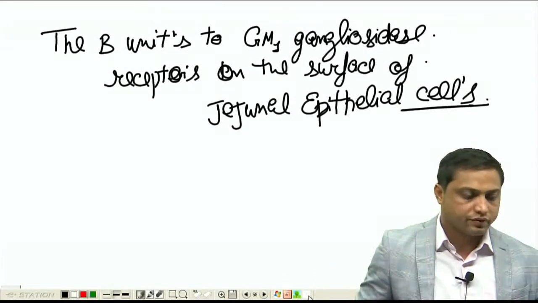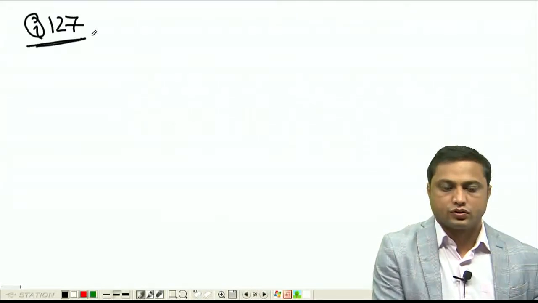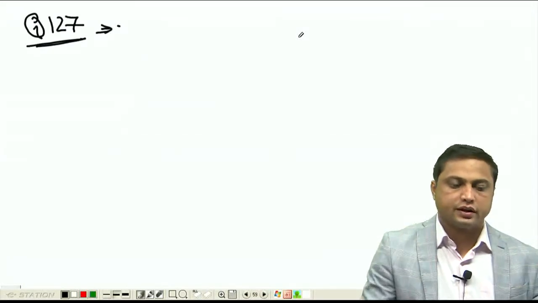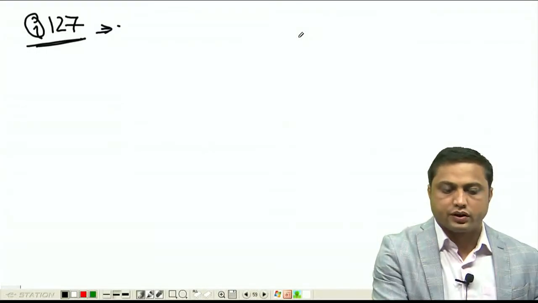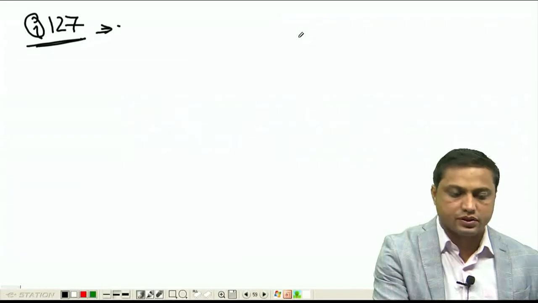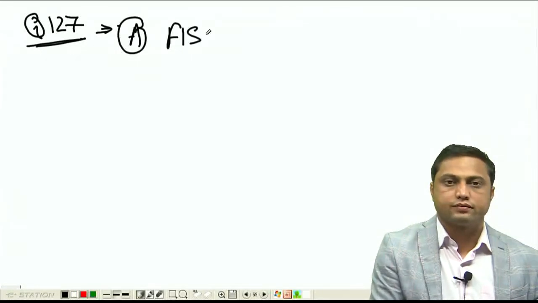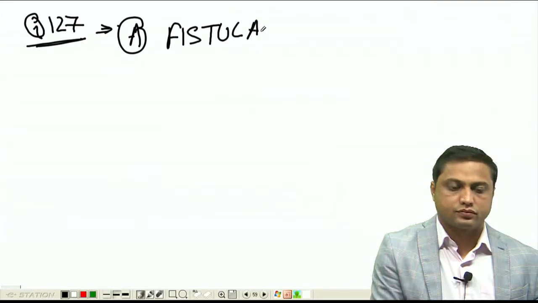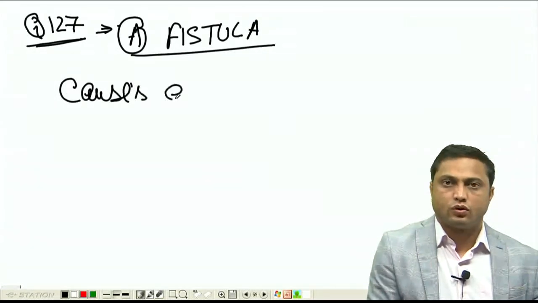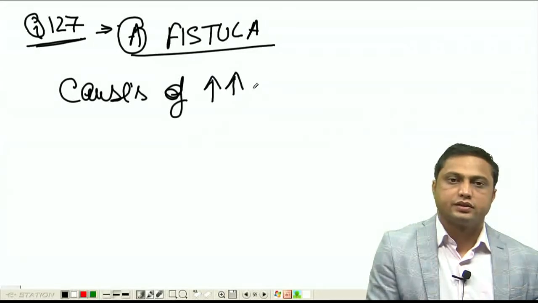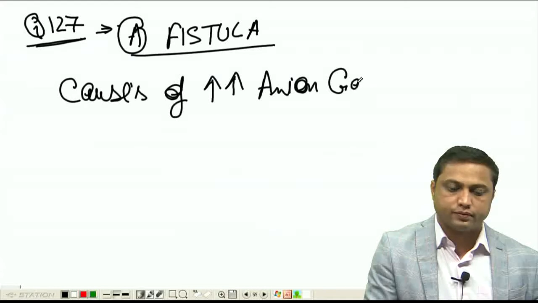Question number 127. Increased anion gap is seen in all except. So increased anion gap can be seen in all except A, that is fistula. So causes of increased anion gap include,